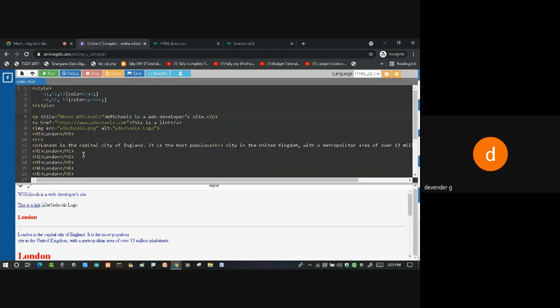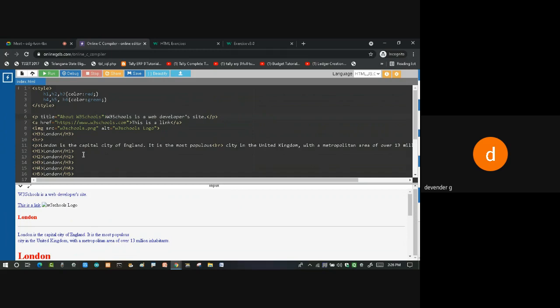So if you want to apply the style for all the pages, the entire website, then I have to write the external styles. For that we have to write in a separate notepad, then write a .css file, then that file has to be linked to all the pages, then it is going to apply for all the pages. So if it is for all the pages, external style sheet. For a single page, internal style sheet. A portion of the page is an inline style sheet.